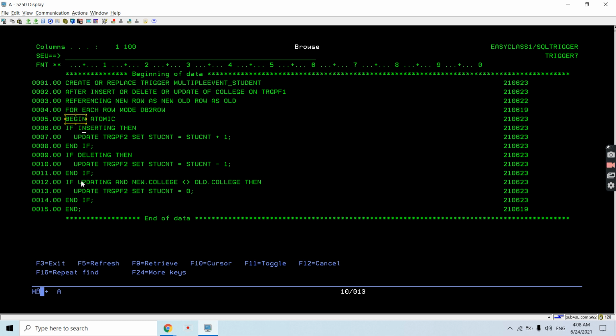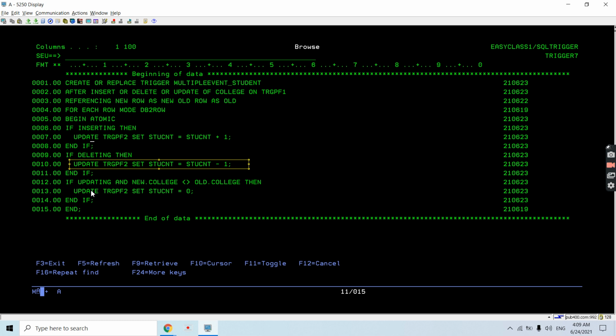So we can only specify begin or end if we are not taking care of or implementing the commitment control thing. Now you can see I am using the predicates like inserting, deleting or updating. Using these predicates we can check whether an insert trigger gets fired, a delete trigger gets fired, or an update trigger gets fired. So when a new record or new row gets inserted into this table, an insert trigger gets fired. If a delete happened, then the delete trigger gets fired, and if an update happened, and only when